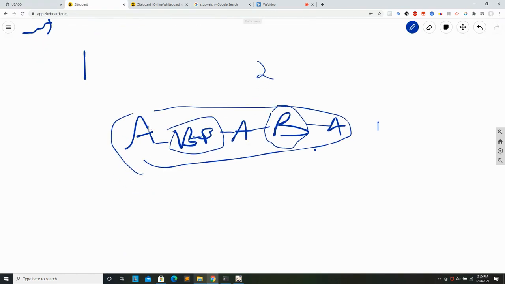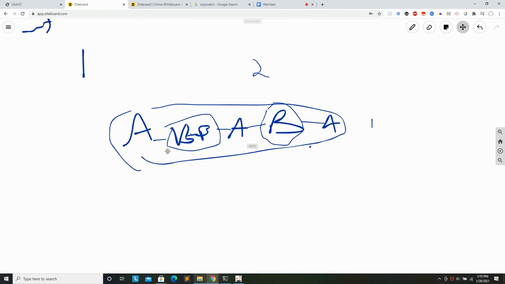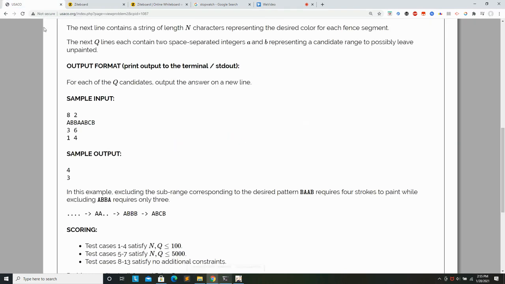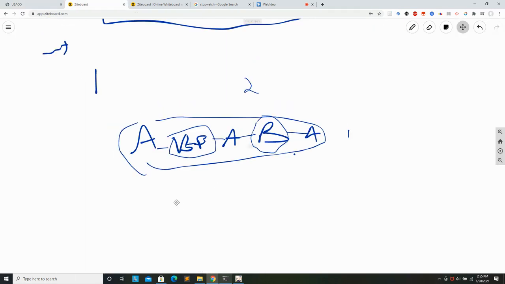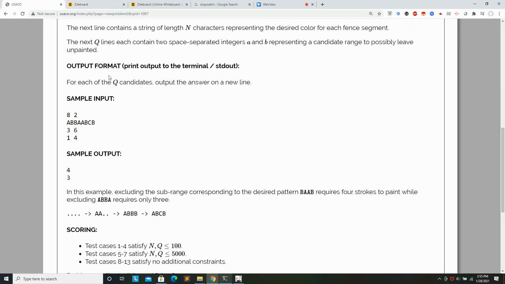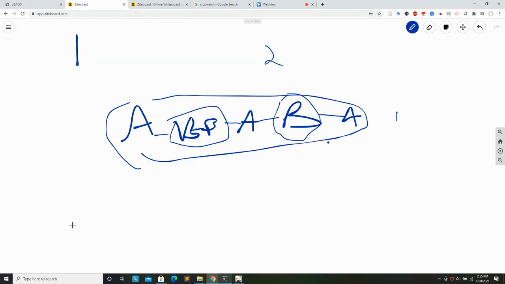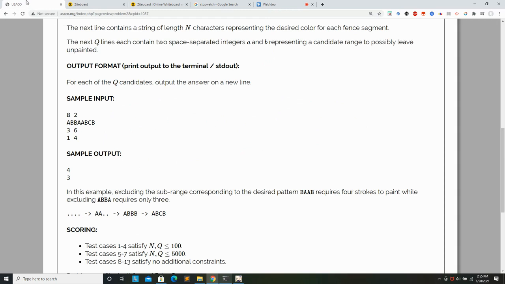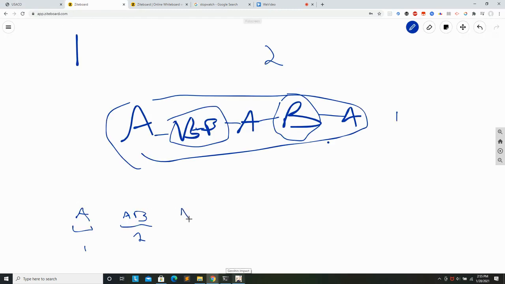Okay. So for a given string, we want to count that. But we also want to count this for all prefixes, so you might have to do something like DP. Yeah. Let's see what we can do here. So we have A. So that's just 1. AB is obviously going to be 2, and that's because B is different from A, and B is not the lightest character there is. And then ABBA, or ABB,